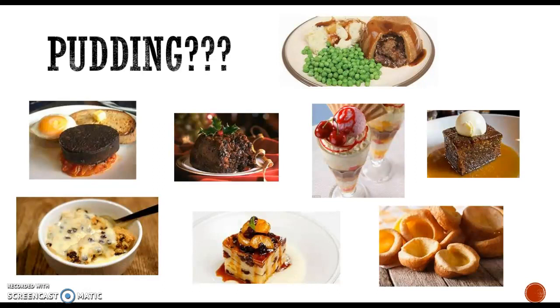So the Yorkshire pudding is a baked pudding, more like a puff pastry. Black pudding is a type of blood sausage. There's steak and kidney pudding, which is like a meat pie. Haggis is also considered a pudding. Dessert puddings include bread pudding, sticky toffee pudding, Christmas pudding. And the word pudding itself can also be used as a synonym for a dessert course. So to be honest, with pudding it's really hard to figure out what they're talking about.